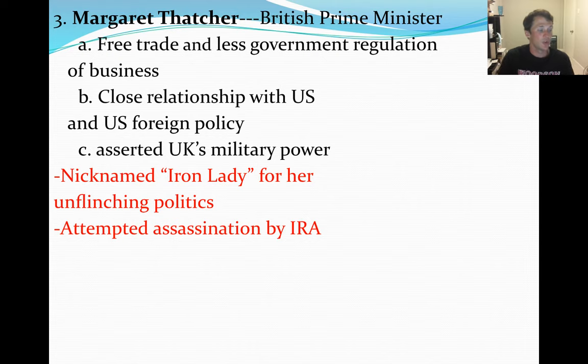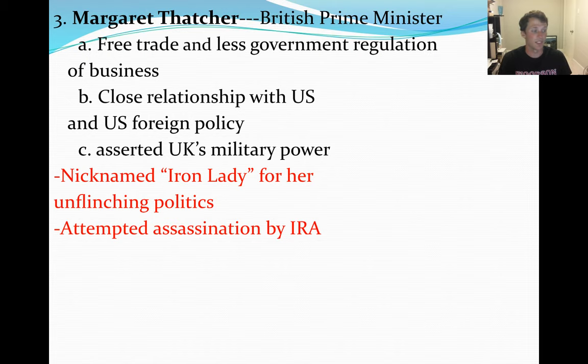Margaret Thatcher was a female British prime minister. She is known for free trade and less government regulation, so a bit more of a conservative mindset. She does establish a closer relationship with the United States, and therefore adopts similar foreign policy as the United States, and under her she's going to assert the United Kingdom's military power a little bit, right? She's going to develop this nickname as a result called the Iron Lady,